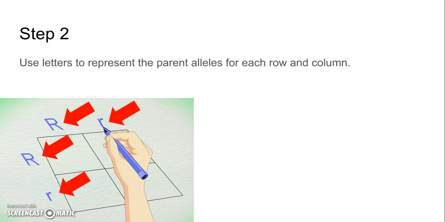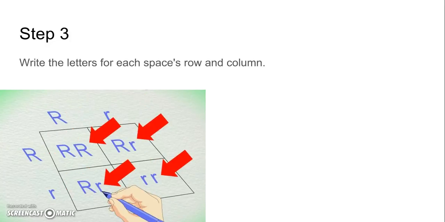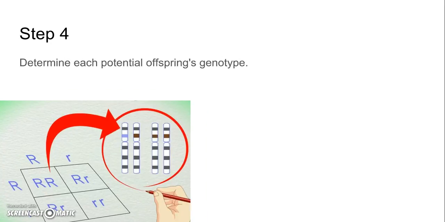inside the square. The square is filled in as you write down alleles from the top in their respective columns and then write down alleles from the side in their respective rows, creating a square full of potential genotypes. Shown in step 3, where you write down letters for each space's row and column, and step 4 for determining